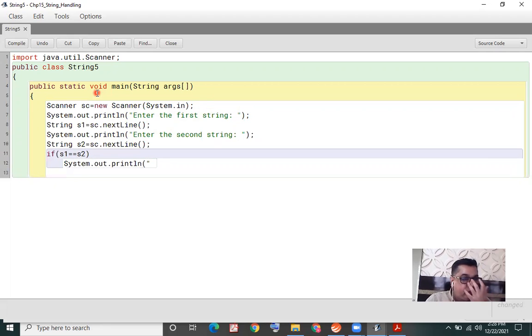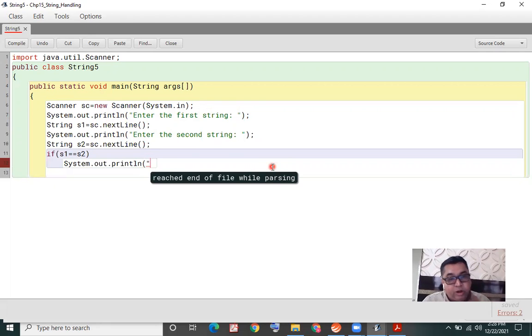The double equal to operator, using it for comparing strings doesn't work. That's what I'm committing. Over here also. Though in the earlier example, you might not have been satisfied with my comment in this regard, but I'm correcting the example.